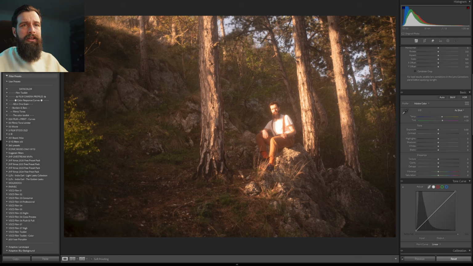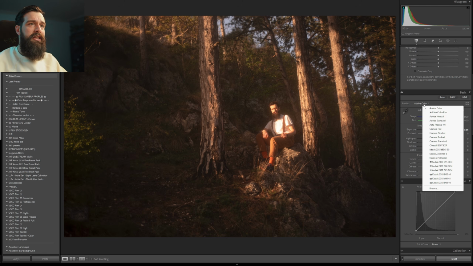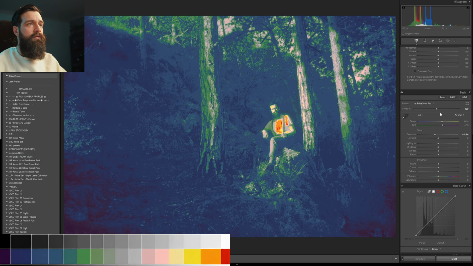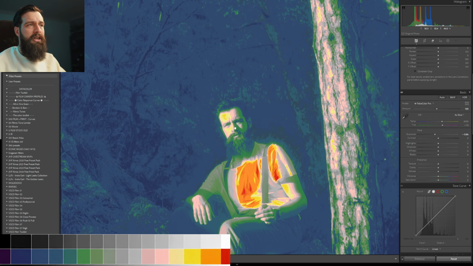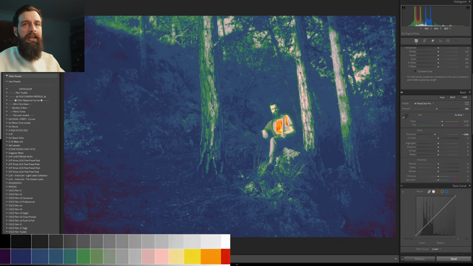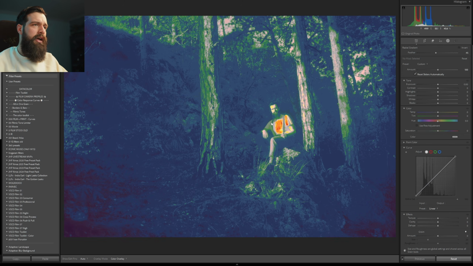Now let's go back to my edit, pull down the exposure just a bit, and as you can see, the shirt is super bright. That's not something that I want in my final edit because it's gonna be distracting. And we can see that even better if I turn on false color, where the shirt got orange and red tones into it, meaning that it's almost clipping and the face is just bright yellow and gray tones, and that means slightly over midpoint. So I probably used a radial gradient, and in this radial gradient I'm gonna be pulling